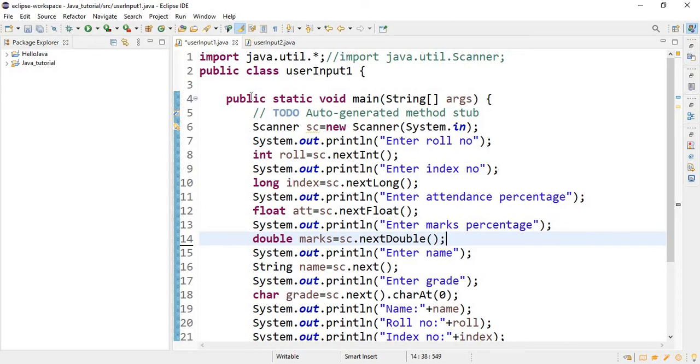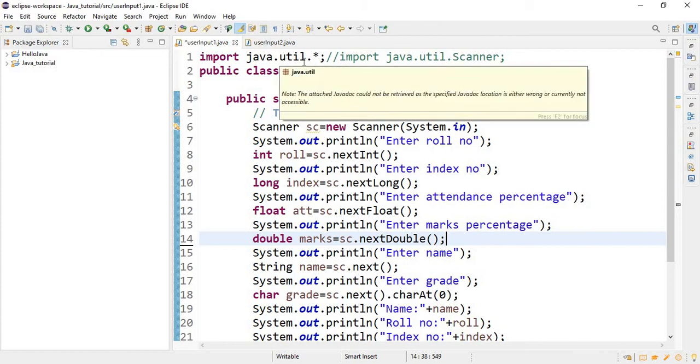So now in my Eclipse IDE, I have created two classes. One is UserInput1, where I shall discuss the scanner class, and UserInput2, where I shall discuss the buffered reader. If we want to take input by the scanner class, then our first job will be to import the java.util package.